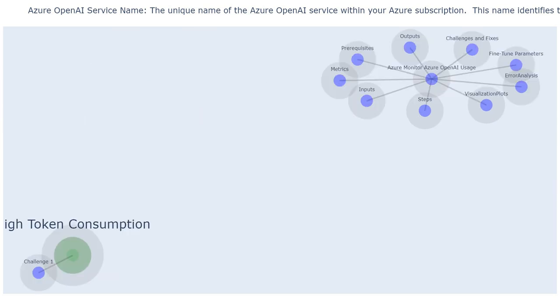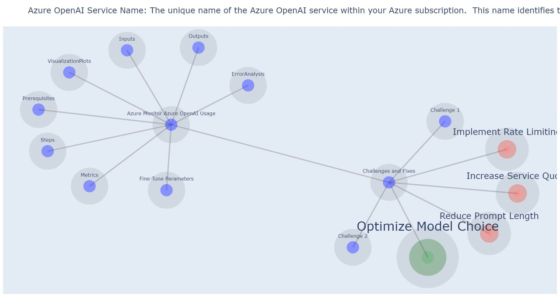High token consumption. This challenge represents a scenario where your Azure OpenAI deployment consumes a significant number of tokens, potentially leading to increased costs or performance issues. Optimize model choice. Choosing the right AI model for your specific task is crucial for efficient token usage. Some models might be better suited for certain tasks than others, and selecting the most appropriate model can significantly reduce